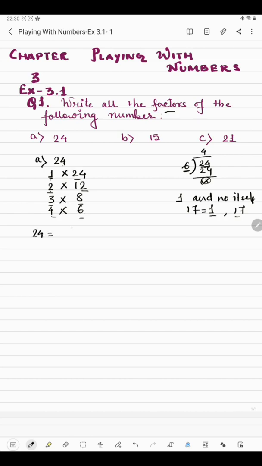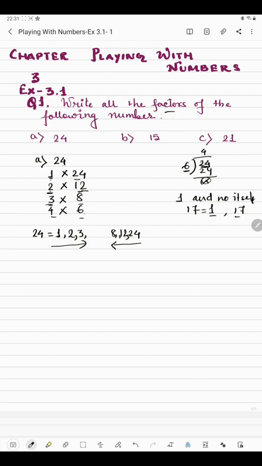So we will write 1 when we have divided by 1. So we have got 24, we'll put it at the end. After this we have got 2, so we will write 2 at first. Now 2 12s are 24, so 12 we will put at the second last. Then 3 comes. So 3 8s are 24, so here we will put 8. This way we will come from the end. We are coming in reverse.